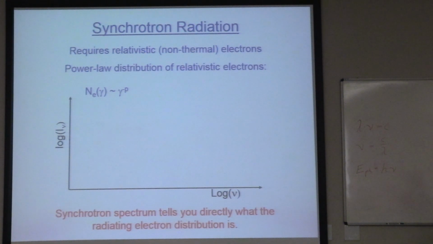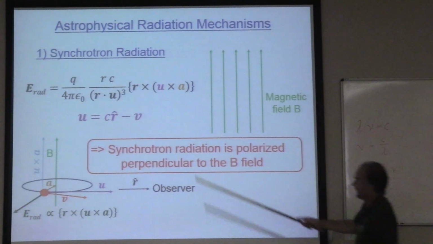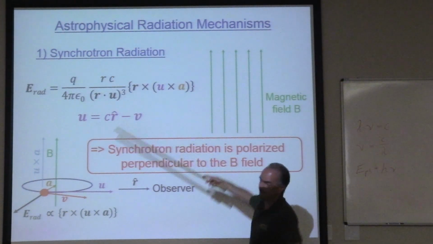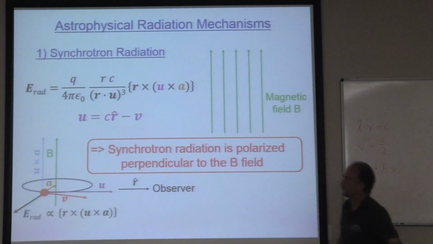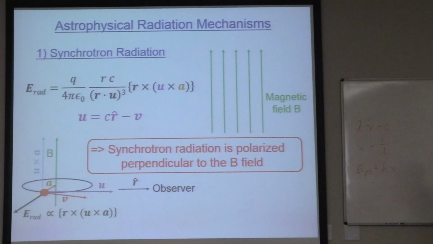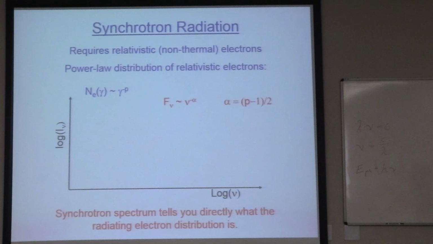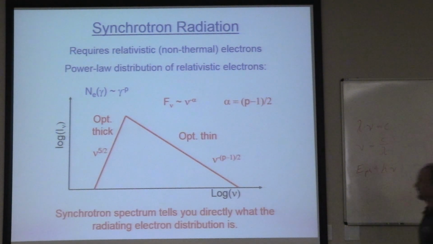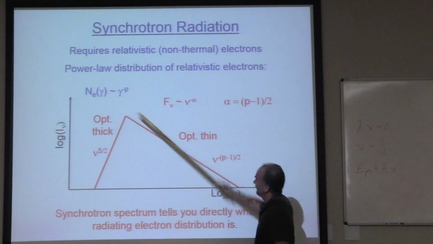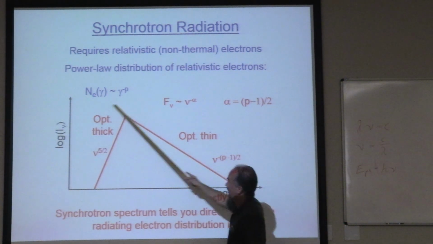Another thing, in order for this to work, the electrons actually have to have very high energies. They have to be relativistic. We know there are electrons with large Lorentz factors. Everybody remembers the Lorentz factor. Energy is Lorentz factor gamma times mc squared. Lorentz factors of 10 to the 3, 10 to the 4, 10 to the 5, even up to 10 to the 6 or so. So extremely relativistic particles. And the spectrum of synchrotron radiation that we see, quite often if we have relativistic particles,